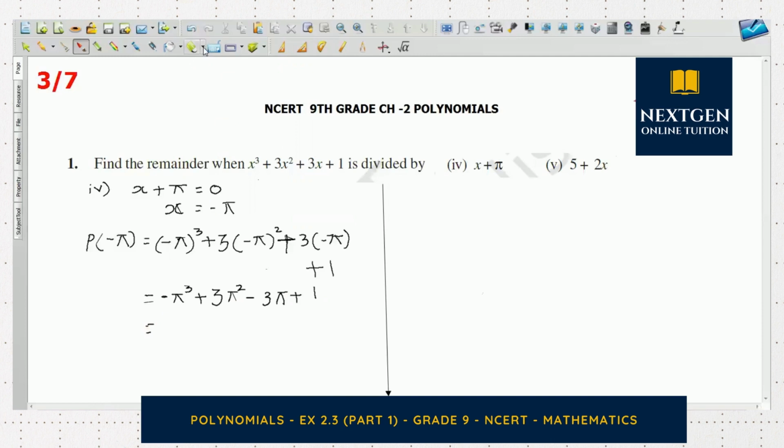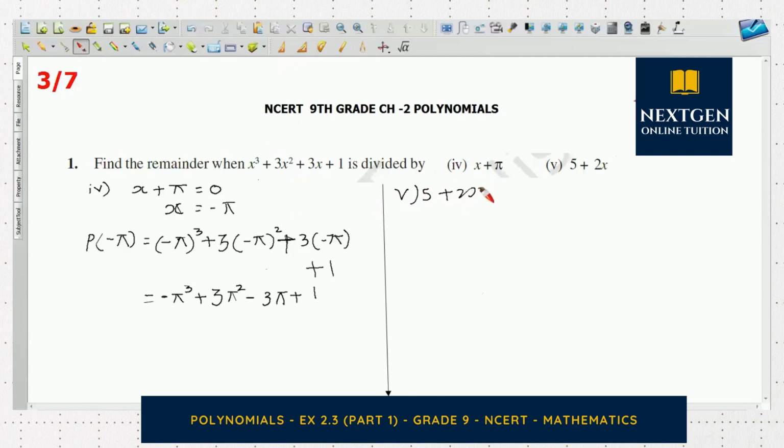Okay, that's all. We don't have any more calculations after this because the exponents of pi are different in all the cases. We have pi cube, pi square and simply pi power 1. This is our final remainder. Good. Next we move on to